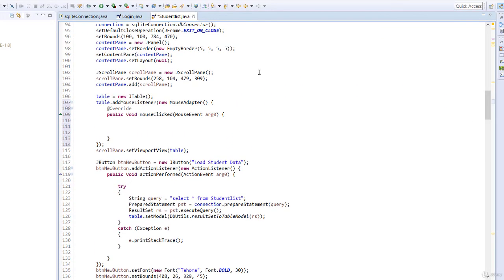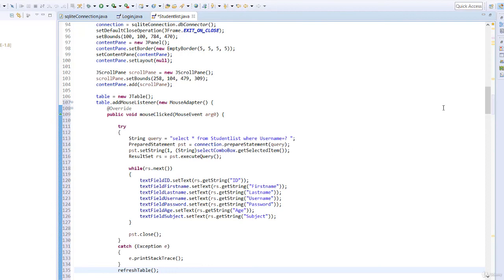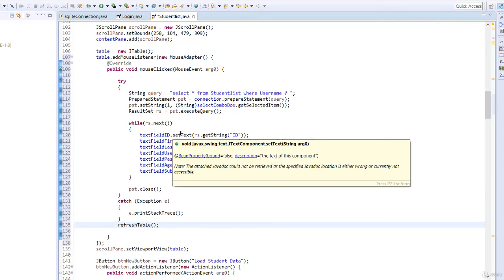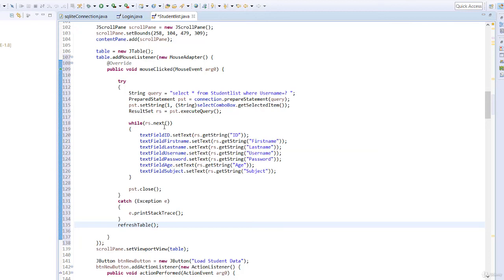Then come over to your table. I can't actually find my table again. Okay, this is my table. Else I'll go to the design view and get it. So now I'm going to paste this here. You should be able to find your table. Now that we have pasted this,